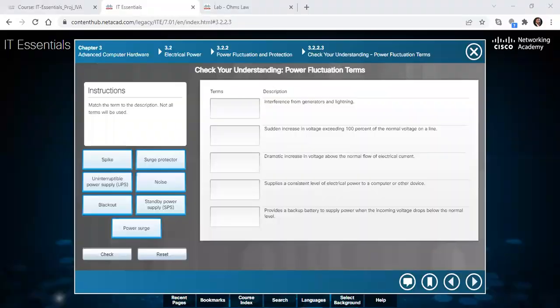So for the group, this is a checking of our understanding on power fluctuation. So group A, group B, and group C. I believe someone is representing you. So let's get into these questions and